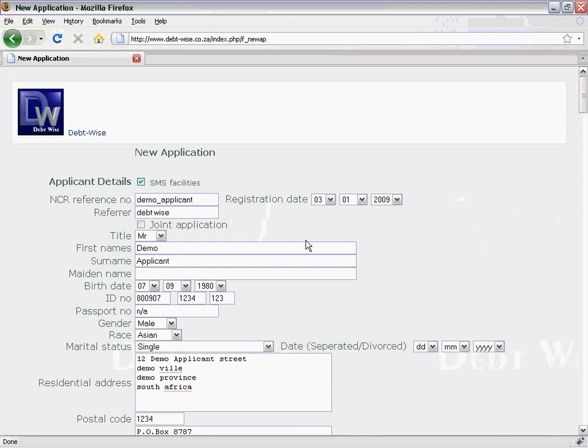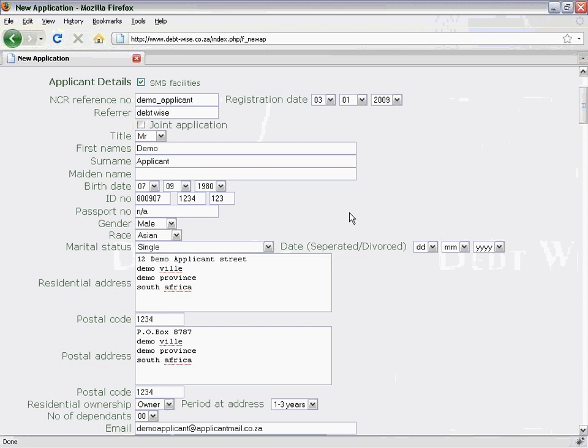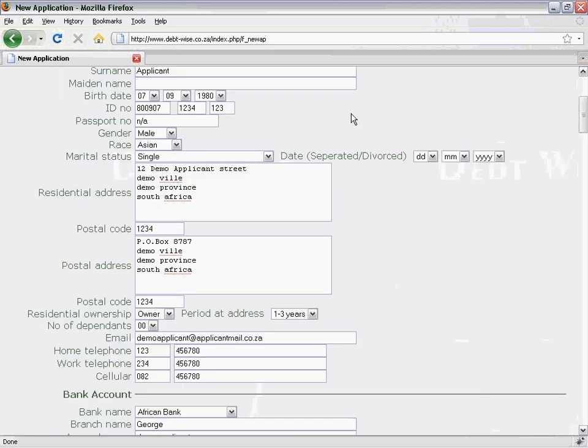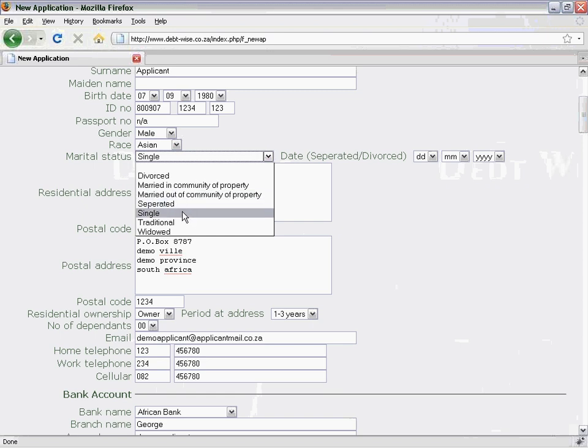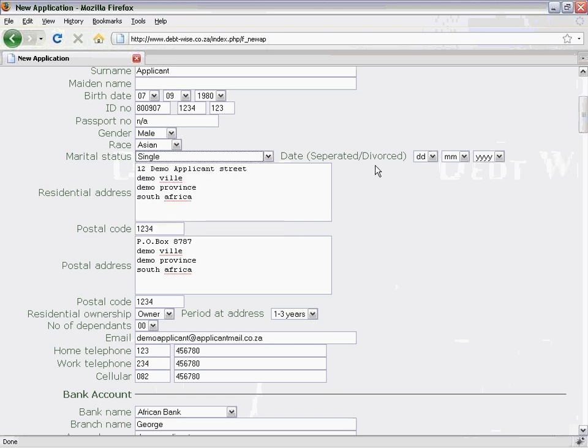Next, complete the rest of the client's personal information: their title, first name, surname, maiden name, if female and married, birth date, ID number, passport number, their gender, their race, select their marital status, and if they are divorced or separated, select the date on which they were divorced or separated,